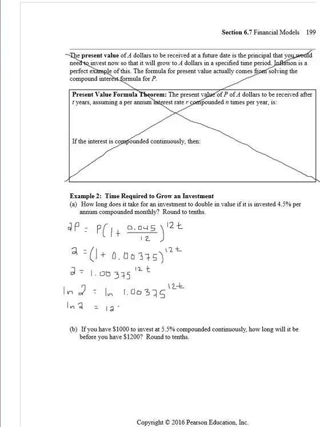So 12t natural log 1.00375, which means that t equals the natural log of 2 over 12 times the natural log 1.00375, or approximately